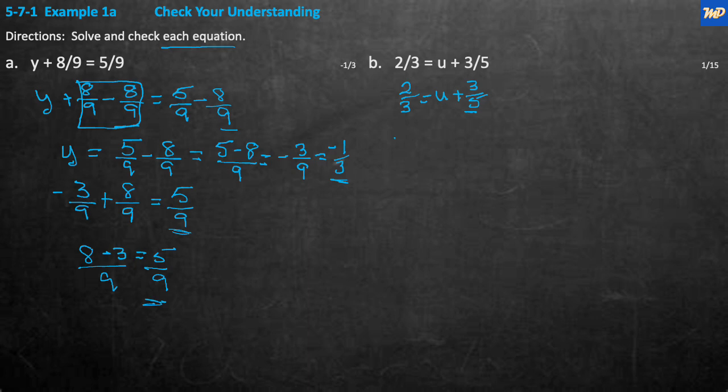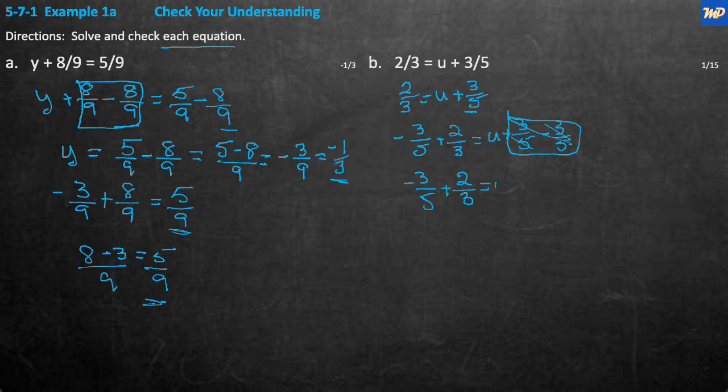So I'm going to say minus 3/5 plus 2/3 is equal to u plus 3/5 minus 3/5. And the plus and minus 3/5 cancel each other out. So we're left now with minus 3/5 plus 2/3